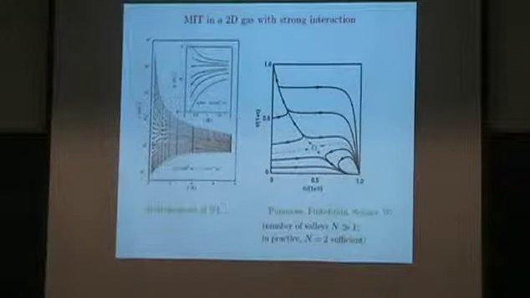Already for two valleys, which is characteristic for the silicon samples where the metal-insulator transition in 2D is observed, this temperature is extremely low. If one forgets this extremely low temperature regime, then this theory yields a transition in two dimensions in the symmetry class where